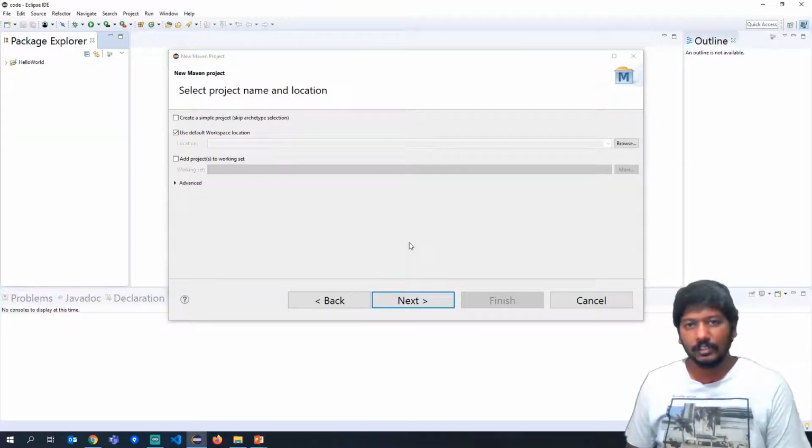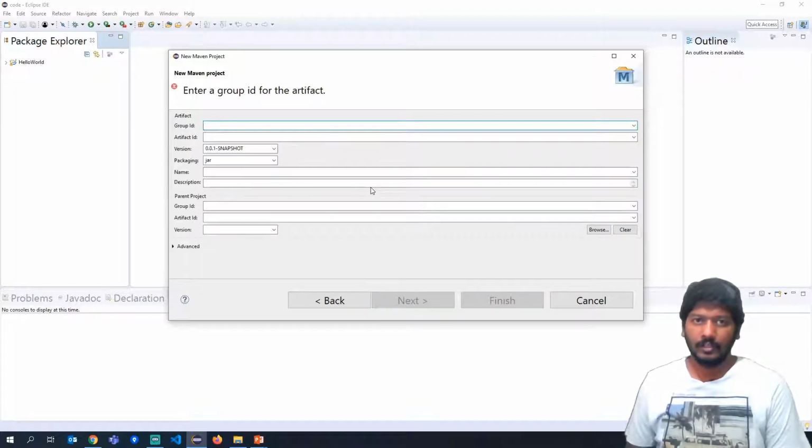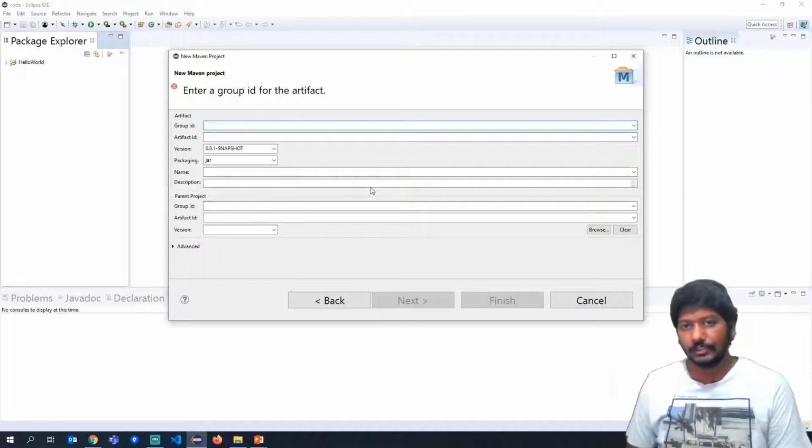The next window comes in the project creation wizard. What we generally do is create a simple project. For that we have to click on this checkbox so that some settings will be enabled by default, and then click on Next. Once you do this, it will ask us to give some names which will be used again in the Maven project.